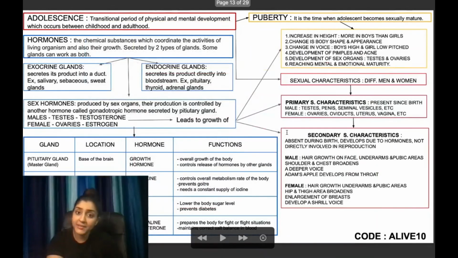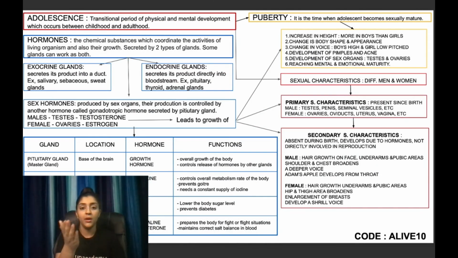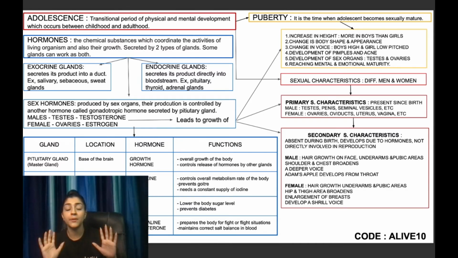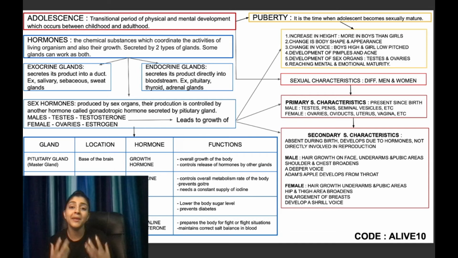Moving ahead, as I told you, it is your own mental map. So now what you can do is you can put in diagrams, you can put in tables, you can put in symbols, anything you want to, because it should be easier for you to understand. So now I have some really important glands which release my hormones, and their functions. Rather than writing each and everything, because it would make a very big rectangle for me, just as in the case of secondary sexual characteristics, even much bigger, I have put in a table. Now how am I able to put in a table over there? Just because I had left that much space and I have used my space very minimalistically.